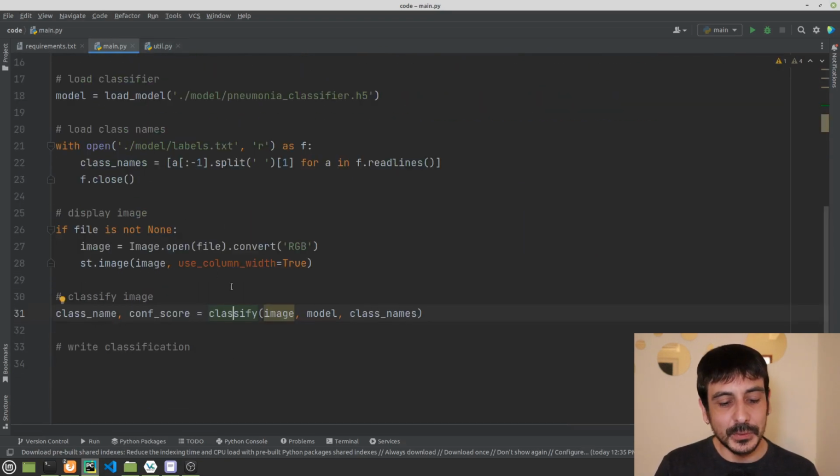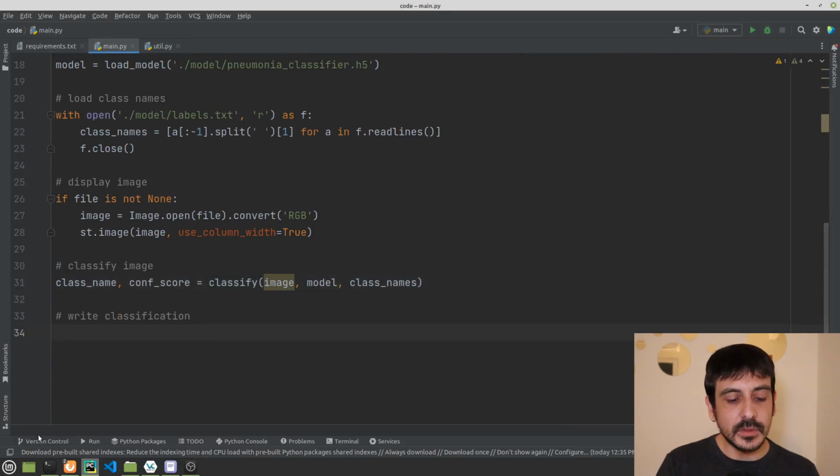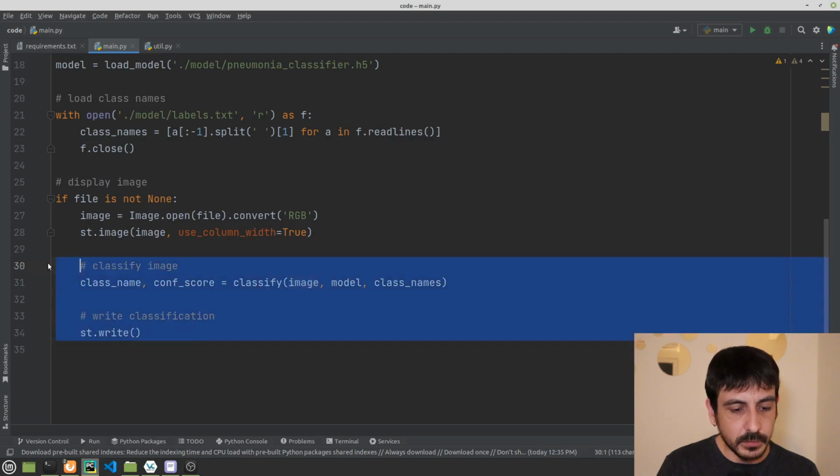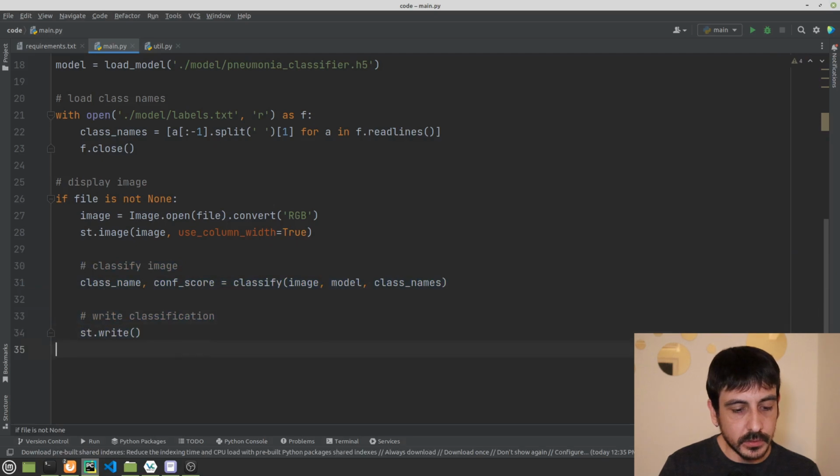Now, I'm going back here to main.py, and now let's just write the classification back to the user. So let's continue, and something that's very important, we need to make this within this if, otherwise we are going to have issues. And now we are going to call st.write, and we are going to control the size of the text we are going to print by adding these characters.